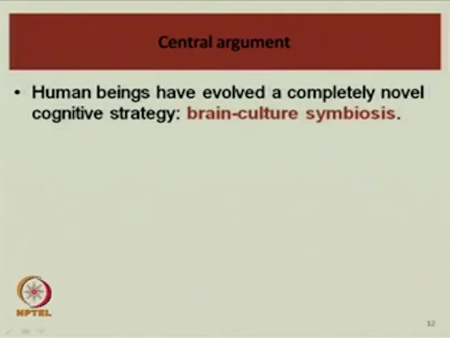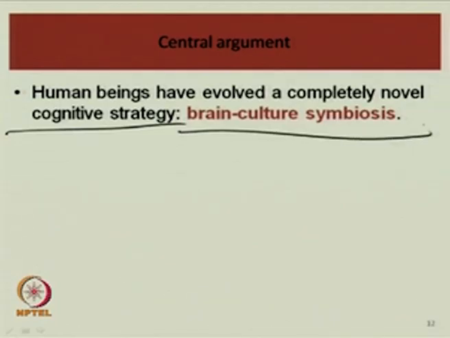The central argument in Donald's text is this, and that is why we need, since we are doing cultural studies, we need this text. Human beings have evolved a completely novel cognitive strategy compared to other animals, okay? And this cognitive strategy is our brain-culture symbiosis. This is also known as co-evolution, right? We have a whole theory of co-evolution,